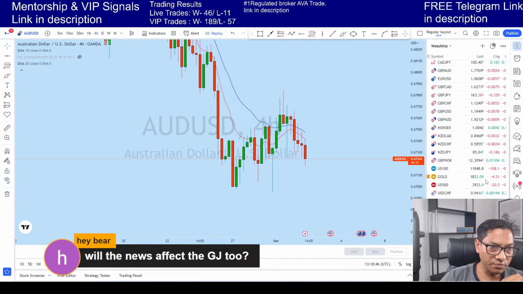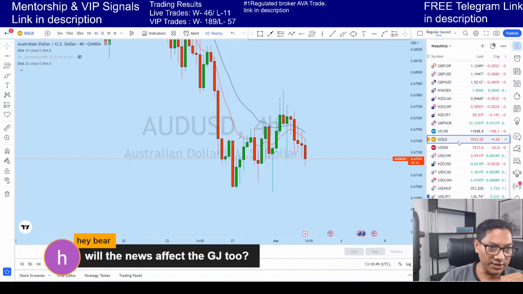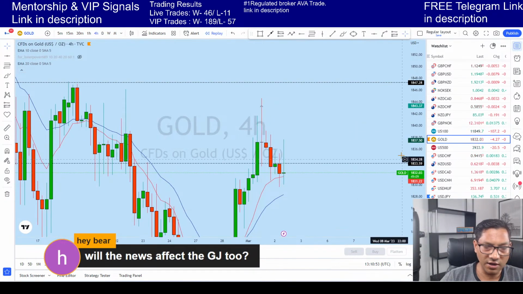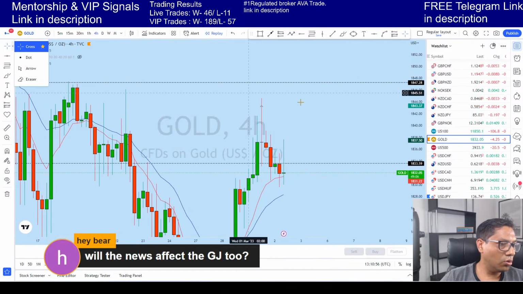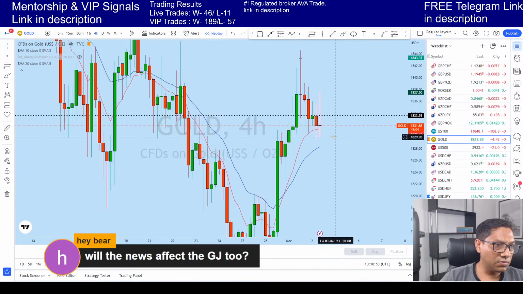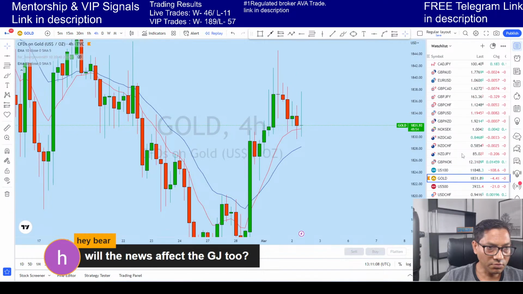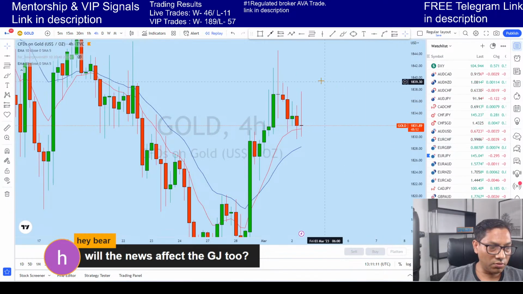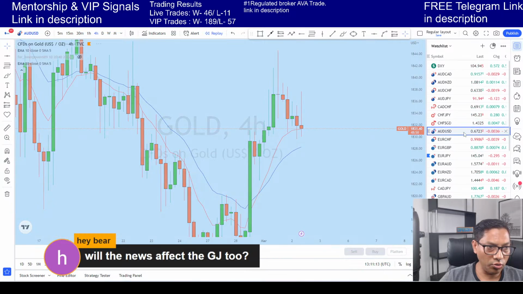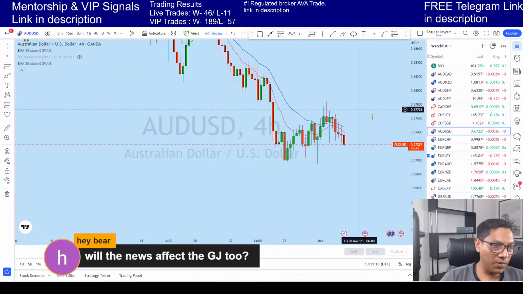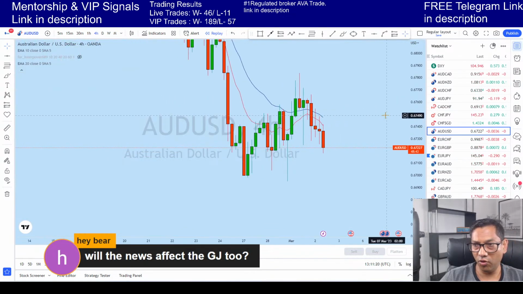Let me look now at gold. Let's see how it is doing. We see on this 4-hour time frame that there is a candle closing in 49 minutes on gold, and with that candle, I think gold might come a bit deeper down, drop down, because when I can't figure out gold fully, I go to AUD USD, because AUD USD normally will give you a very good idea of how gold might do. They normally follow each other.